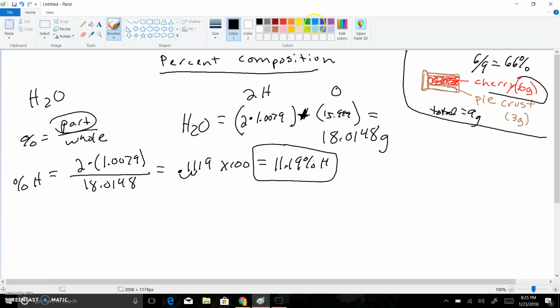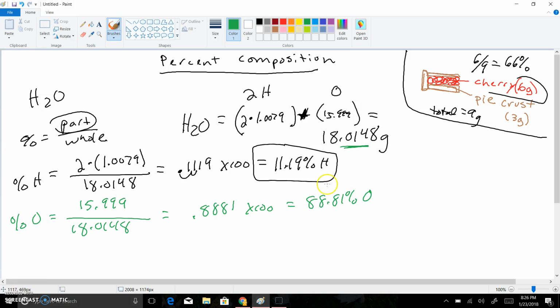Well, now I've got to figure out what percentage of my water is actually oxygen. What percent is oxygen? Once again, I'm going to do part over the whole. I already calculated the whole. The molar mass of water is 18.0148 grams. And now the part is just the part that's oxygen. There's only 1 oxygen, and oxygen on the periodic table is worth 15.999. So if I take these 2 and divide them, I get 0.8881. I'm going to times it by 100 because I want to put it in percentage form, and I get